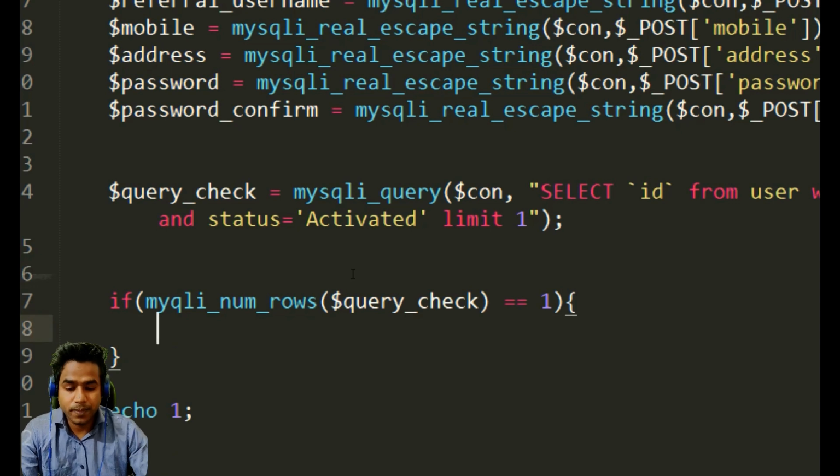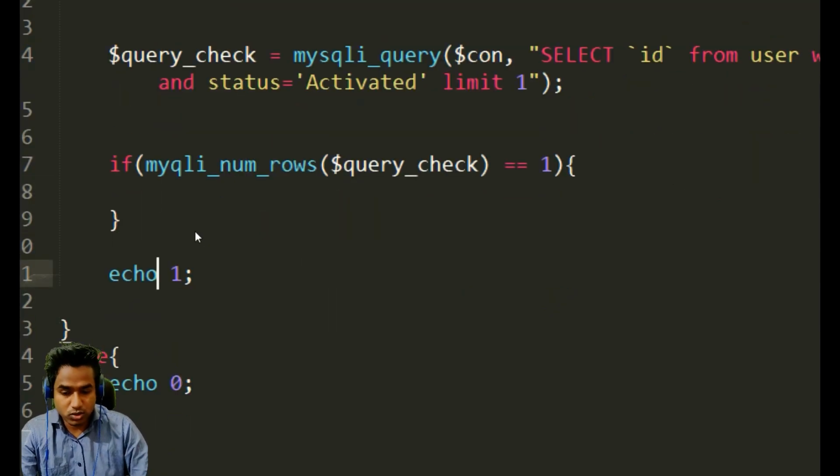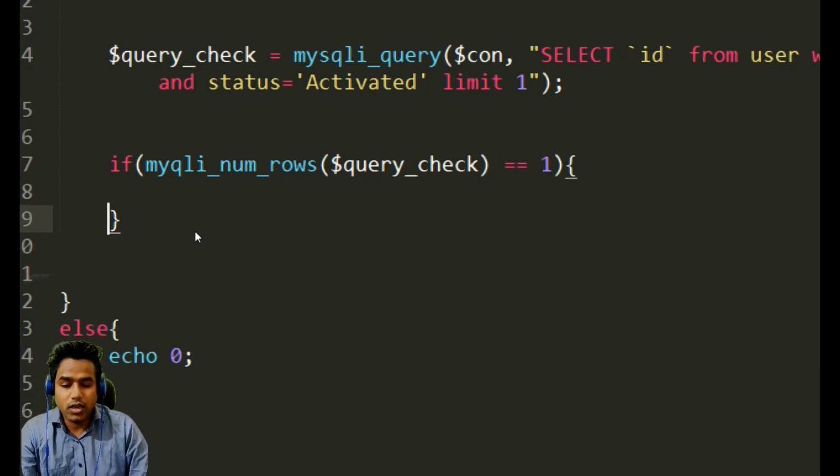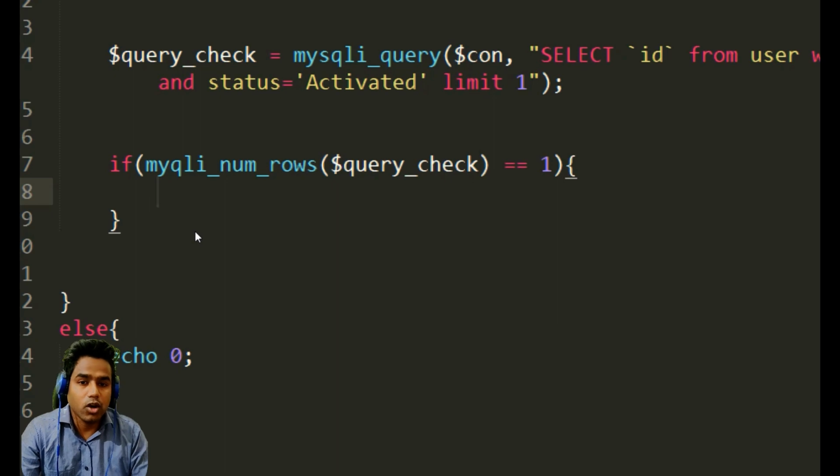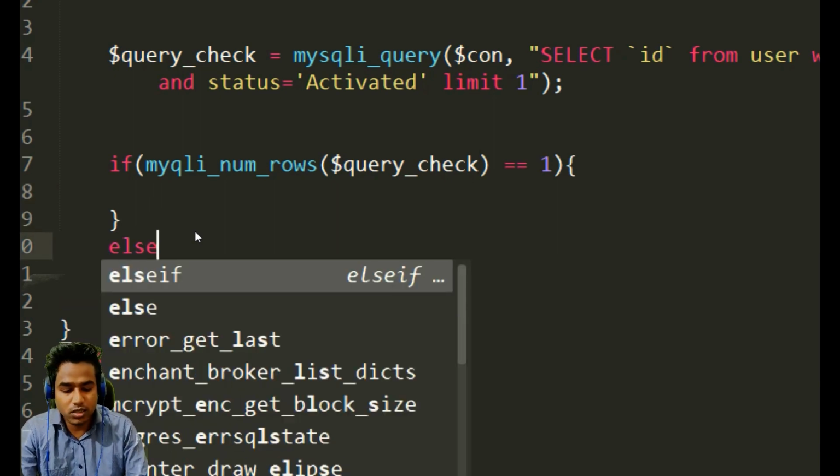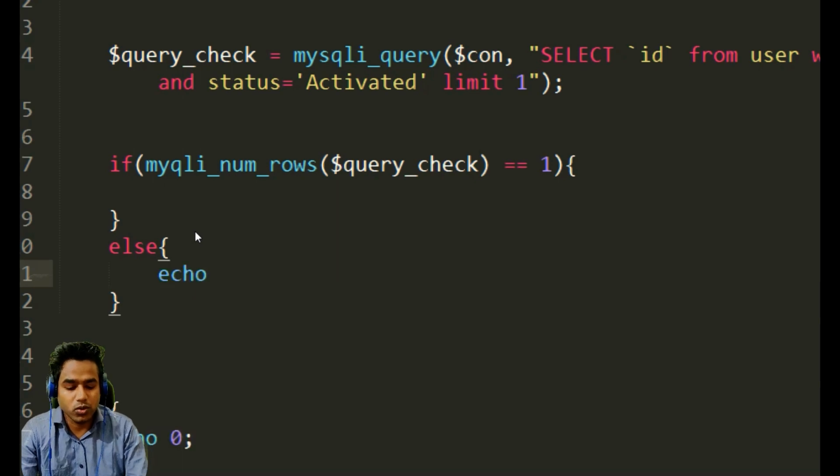First remove this echo form from here. If the account of our sponsor is activated, we proceed further, otherwise it will print 0. It means there is some mistake. Now if it is done, we will insert the information.